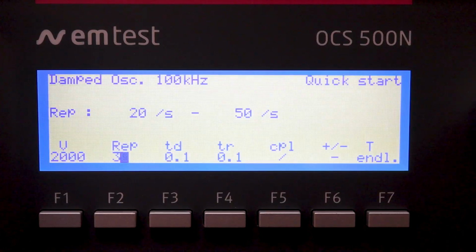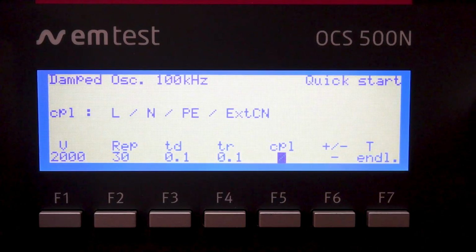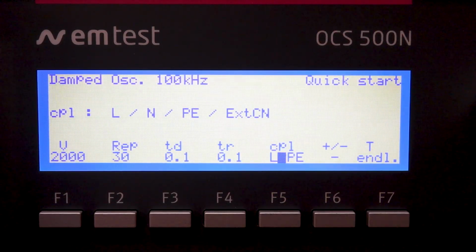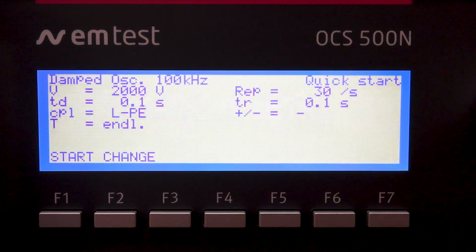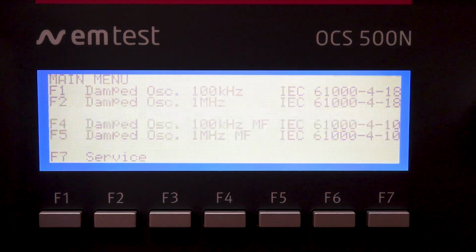Finally, let's go ahead and change our coupling. To do that, select the F5 key and use our turnstile again to switch it to L to PE. Once the desired criteria has been changed, hit the escape button, and now you'll see the criteria reflected on our quick start menu. Let's go ahead now, let's navigate back through the menus and select testing for IEC